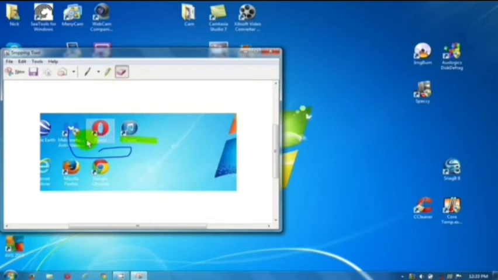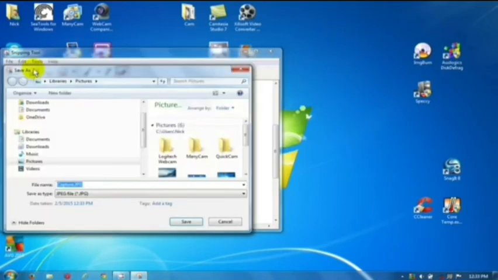After clicking the screenshot, you can edit it, you can crop it, or you can make any other change. If you want to use that picture in your document, in your file, you can easily upload it there.